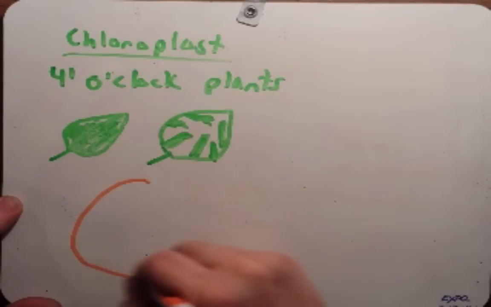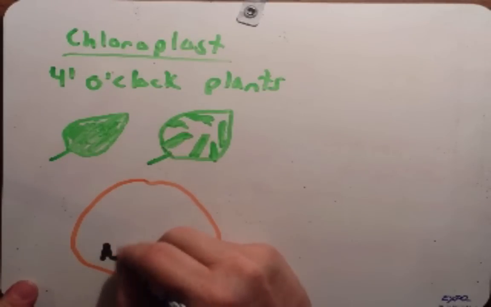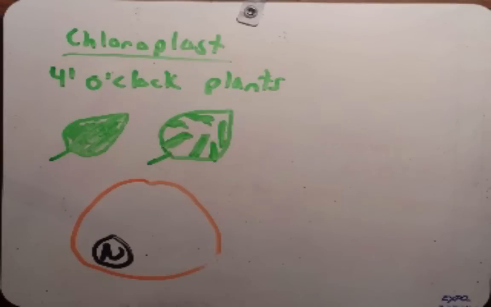genome. So I'm going to draw a zygote here, a fertilized egg in the plant. And I'm going to draw a nucleus here, and then we're going to ignore it, because it has nothing to do with this. I'm not going to draw the mitochondria, but they are here. I just want to focus on the chloroplast.